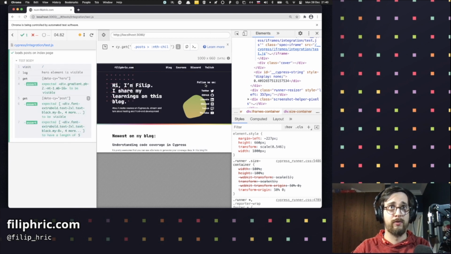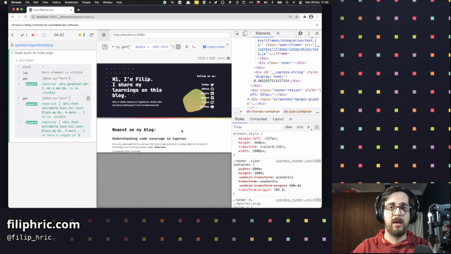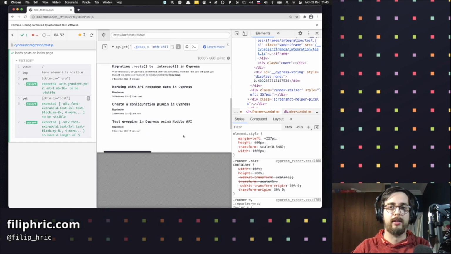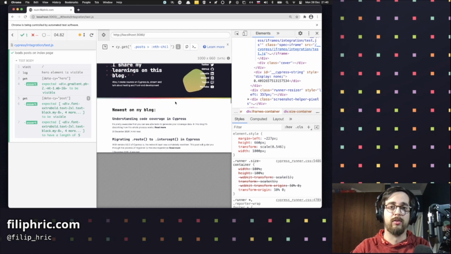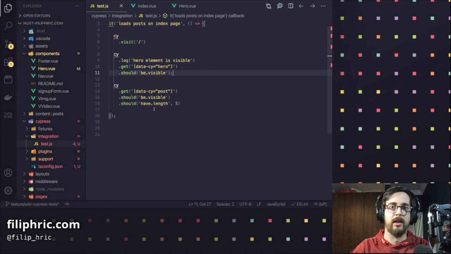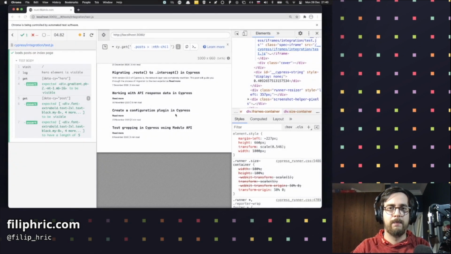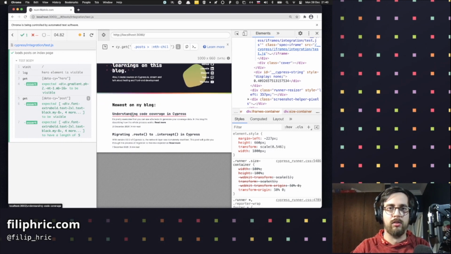Alright, now if for any reason I would be making changes to my page and it would cause my hero element or my blocks not to render, I should be able to catch it before I deploy that. So let's write another test. Let's write another one, and the other one will actually be, let's open a blog page,